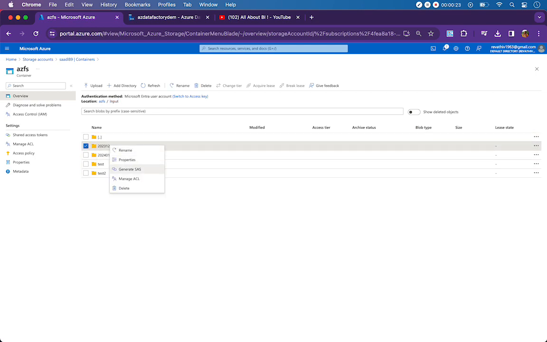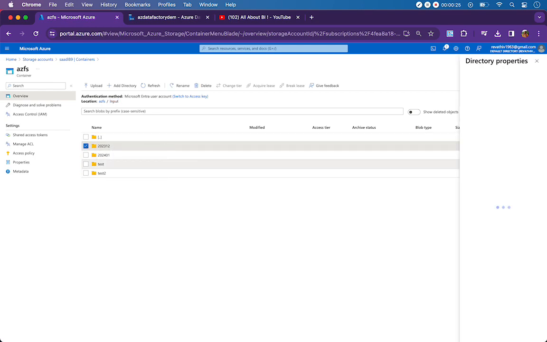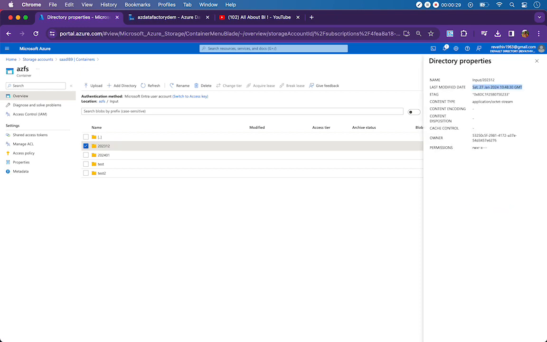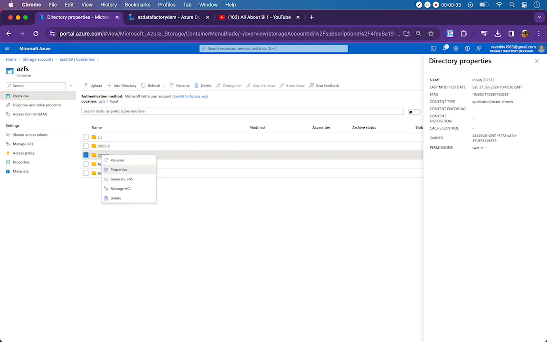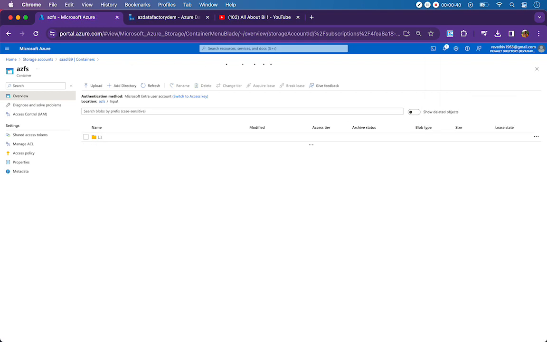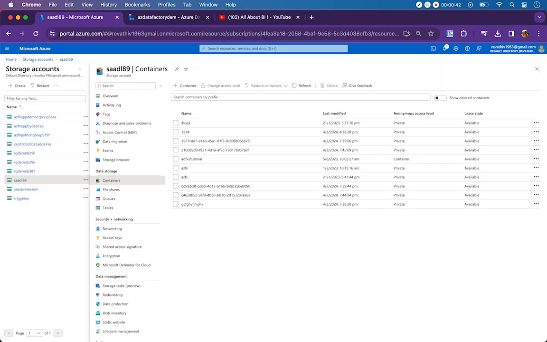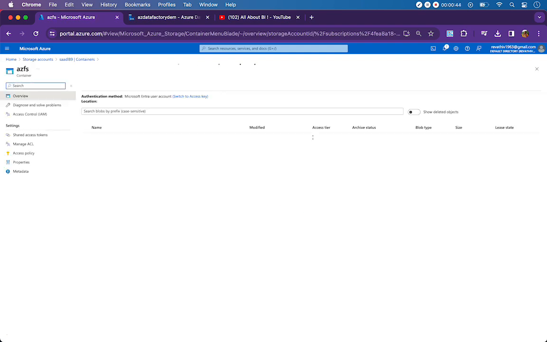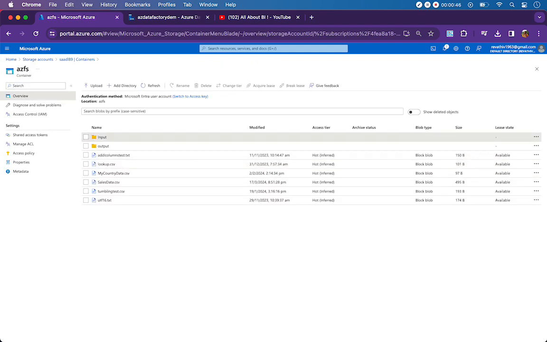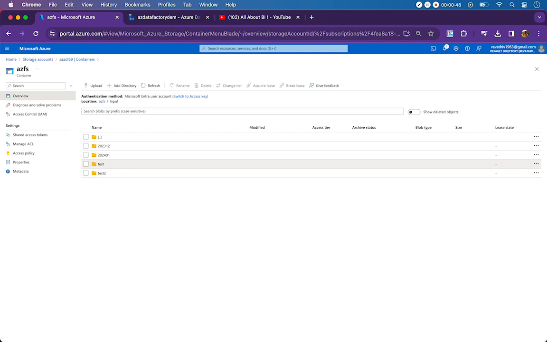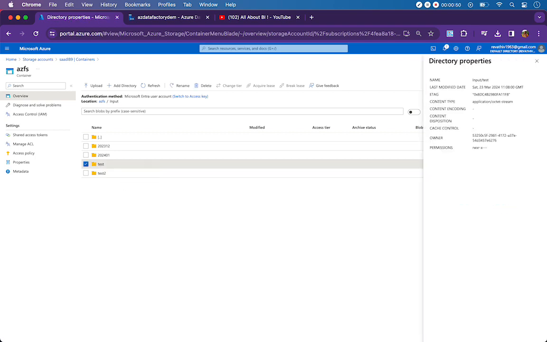If you look here, 2023-12 was last modified at Jan 2024 10:18. Similarly this one, Jan 27 2024 10:48. Similarly I have two more subfolders, test and test2. Among them test2 is the latest, so test will be modified today at 11:08 am, and then